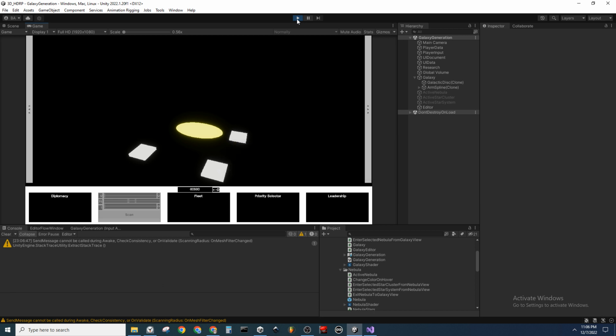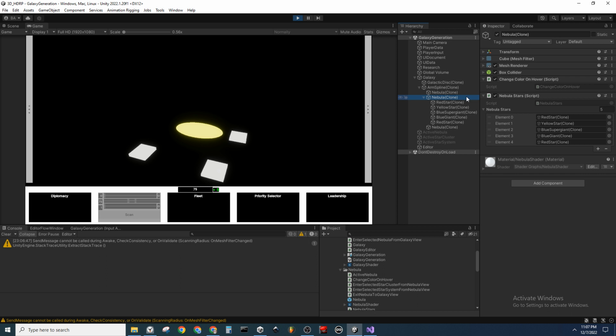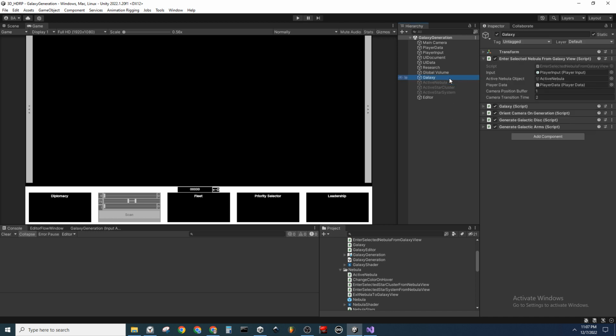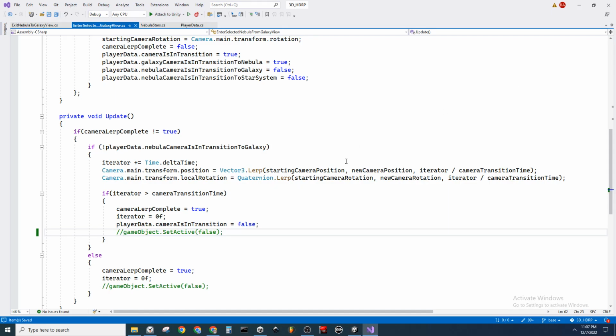I'm not sure how my code is so wrong for making sure a nebula stays, but I have a new idea for how to fix that anyway. But the idea is that nebula clone, so the active selections, okay, so basically, whenever the galaxy is transitioned into,